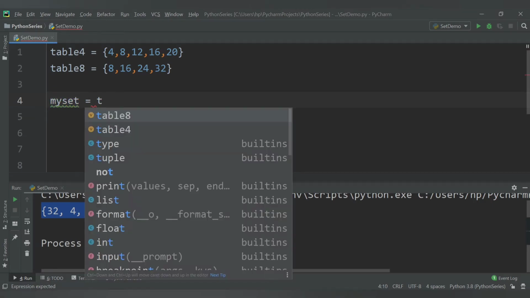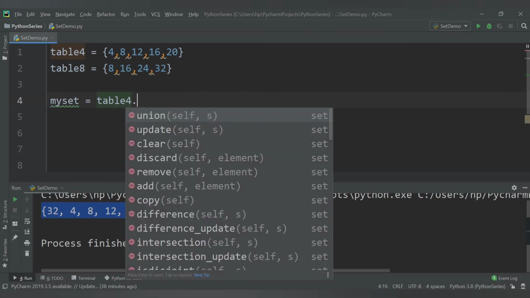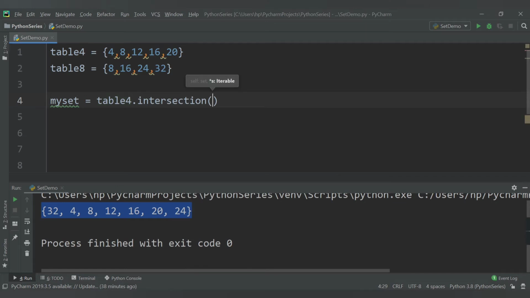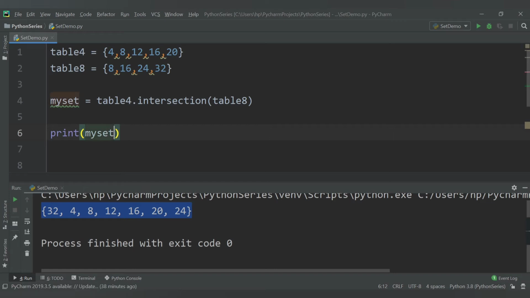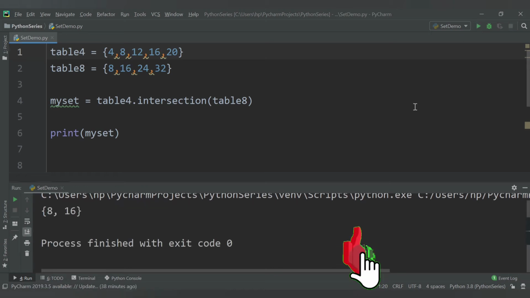Provide the name of the variable first, table 4 dot intersection, and provide the name of the other set, table 8. If you print my set, it should contain only the common values, 8 and 16, which are present in both sets. See, we are getting only two values, 8 and 16, with the help of the intersection method.